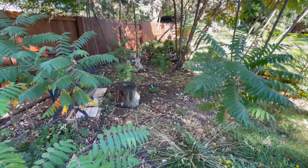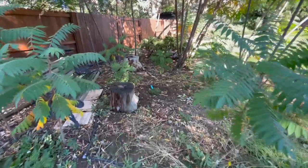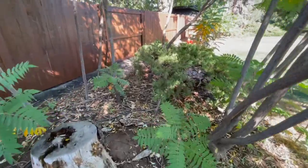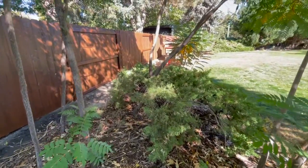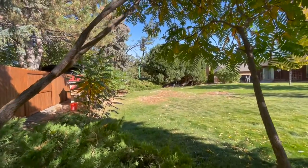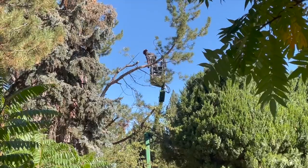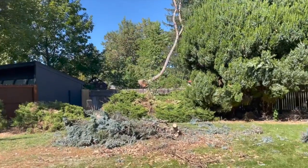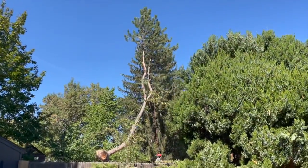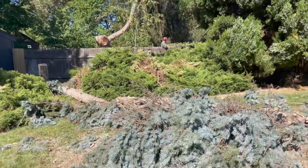This is what I call the jungle or forest area of our yard. And we come back through here, and there's the coop in the distance. And here is the guy in the tree. So that's what's left of the neighbor's tree so far. And this is what's left